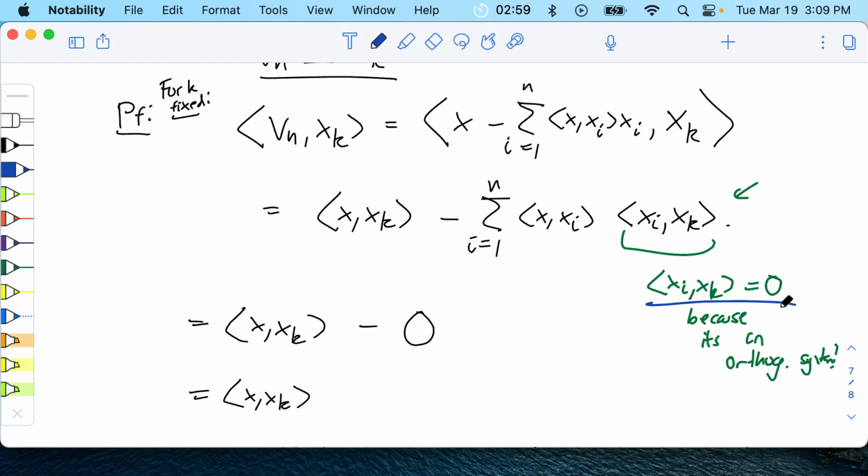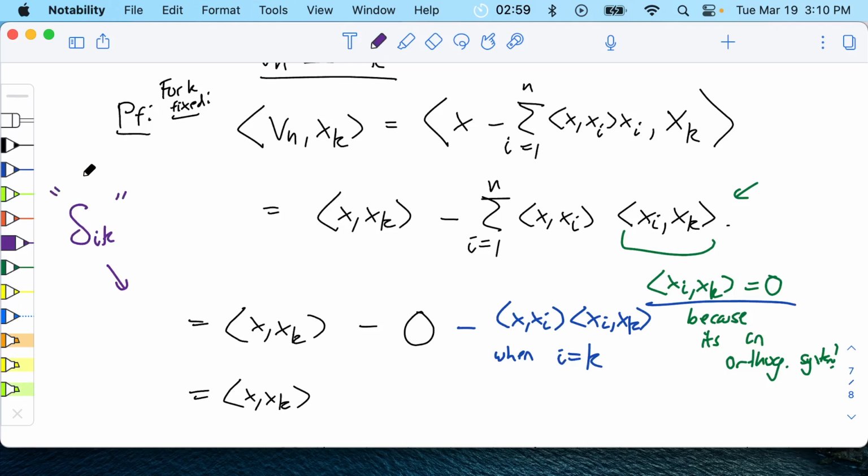So you could write this minus, there's one more thing, which is when i equals k, and in that case you have xi times xi xk, and sometimes in physics class you'll see this, they'll write the Dirac delta, or the Kronecker delta, delta ik. I'm not going to write delta ik because it's scary, so let's banish delta ik. But it just means when i equals k, something different happens. When i is not equal to k, it's all 0. When i equals k, we have a different thing. And in that case, we have xi with xk, but of course i equals k. So it's the same thing twice. That is just the norm squared